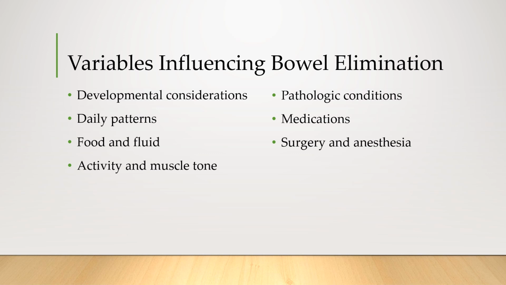Some foods are gas producers and make people pass more gas, like onions and cabbage and beans and cauliflower. And people who are more active and have more muscle have more regular bowel movements than people who don't move a lot. Certain diseases and conditions can alter our bowel habits, especially older age-related disorders. Some medications can alter our bowel movements, especially opioid pain medications. Opioids slow peristalsis, which can cause significant constipation. Antibiotics, magnesium, and metformin can cause diarrhea. Surgery and anesthesia slow down peristalsis, which can lead to constipation, and there are many more like this.